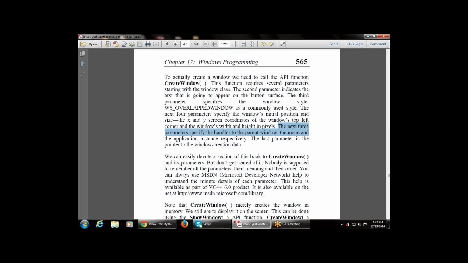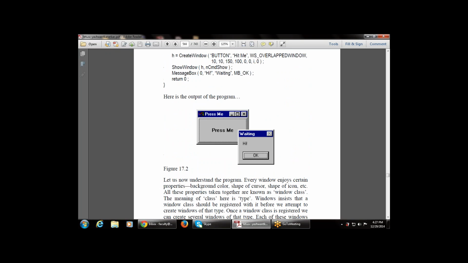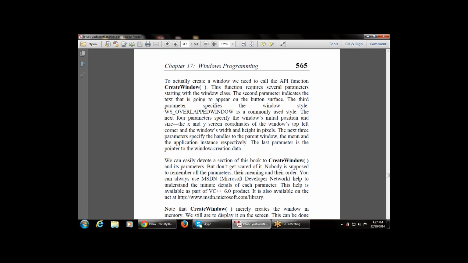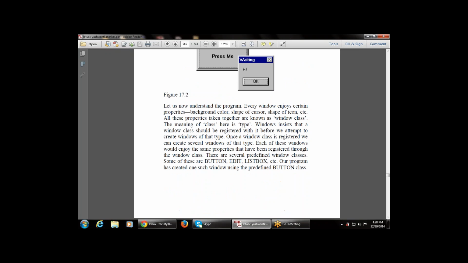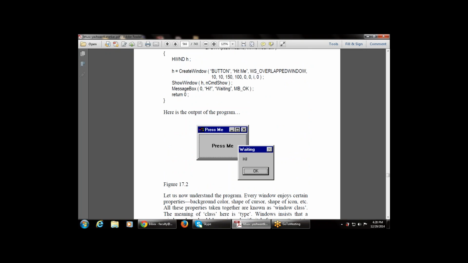The next three arguments, that is 0, 0, 0, specify the handles to the parent window, the menu, and the application instance respectively. One parameter is related to the parent window, one is the menu, and one is the application instance. The last parameter is the pointer to the window creation data, and that is also 0. So these are the various parameters that are used